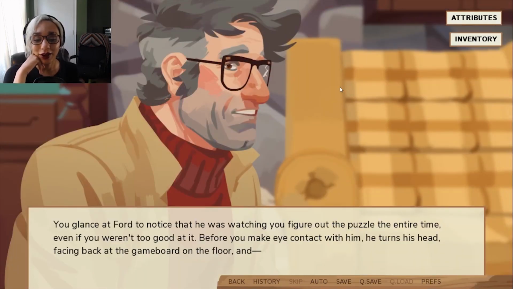You glance at Ford to notice that he was watching you figure out the puzzle the entire time, even if you weren't too good at it. Before you make eye contact with him, he turns his head facing back at the game board on the floor, and...